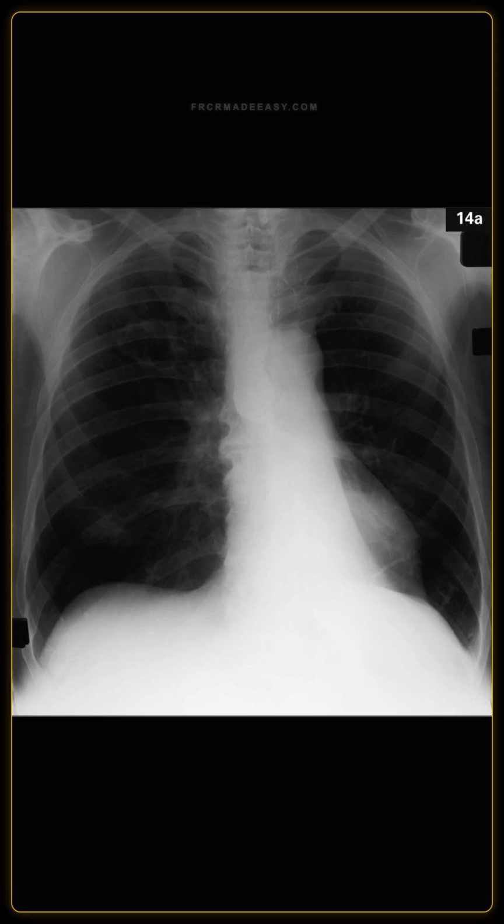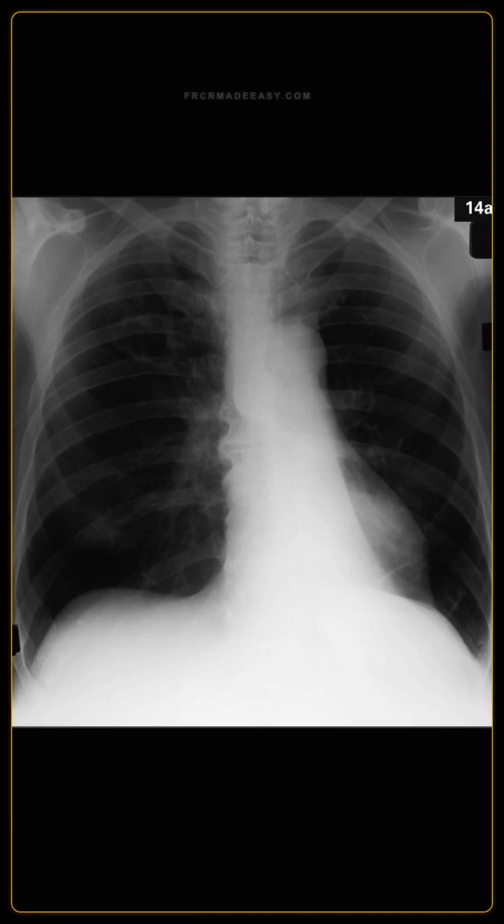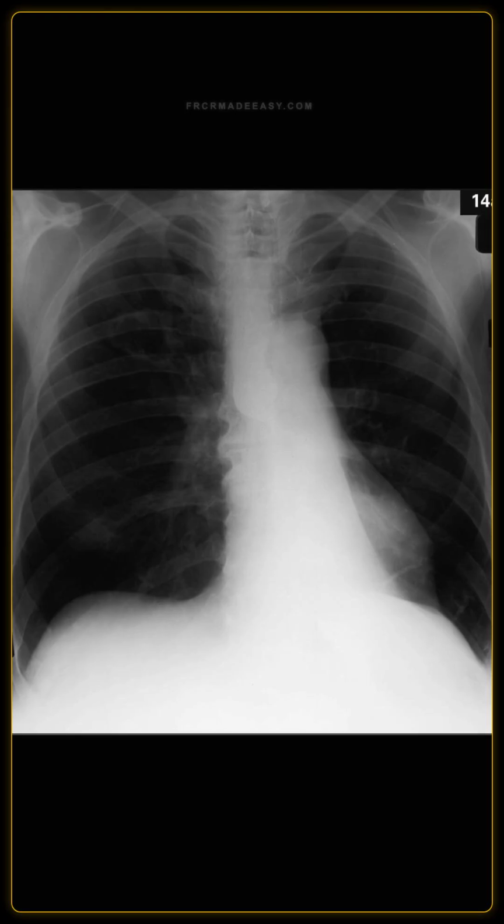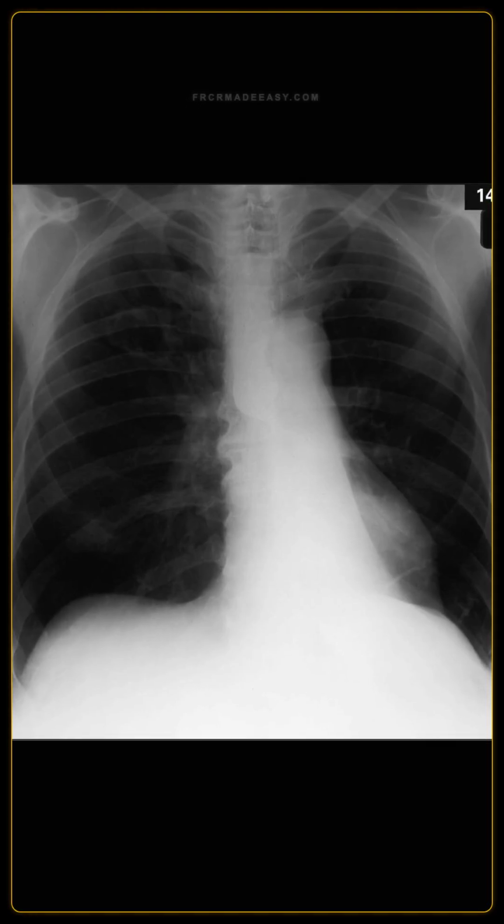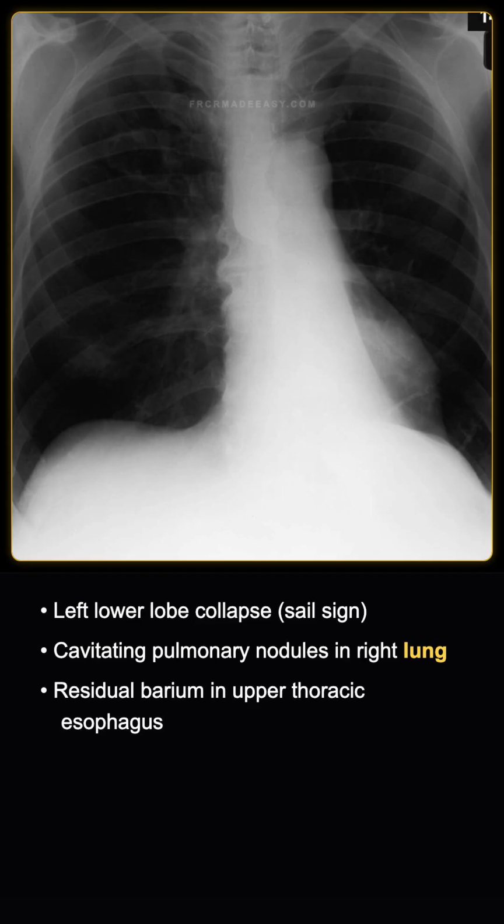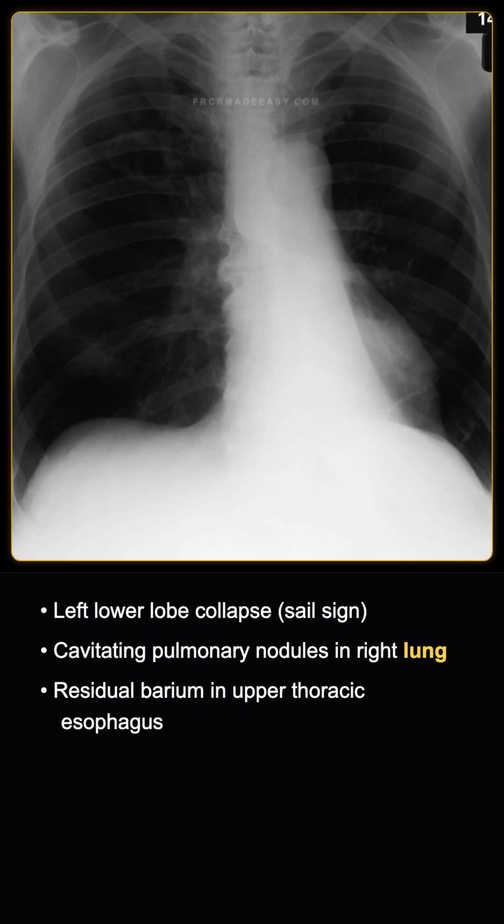A 55-year-old man presented with dysphagia. I am showing you his chest radiograph. Describe the findings. Let me just study this for a second. Right. The chest radiograph demonstrates a triangular opacity behind the left side of the heart that obscures the left hemidiaphragm